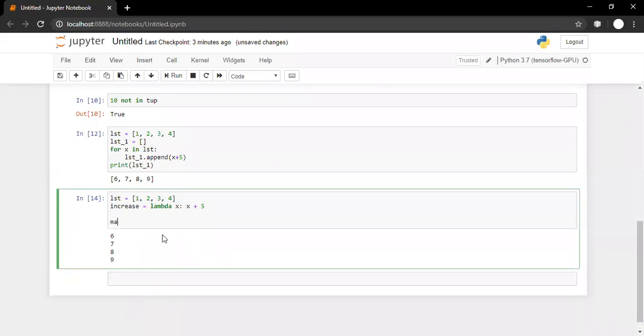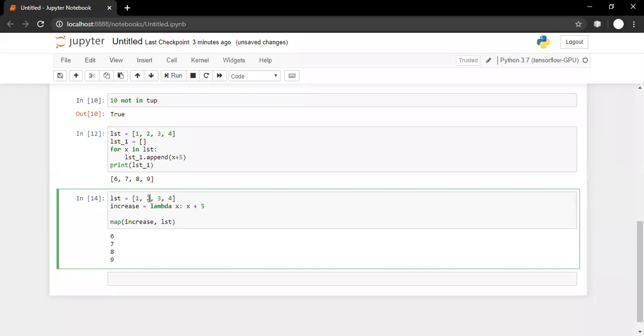So there is a map function. What the map function does is it takes two inputs. One is a lambda function and second is a list. So this map function will receive the first element of the list, that is 1, and pass it as input to the increase function.